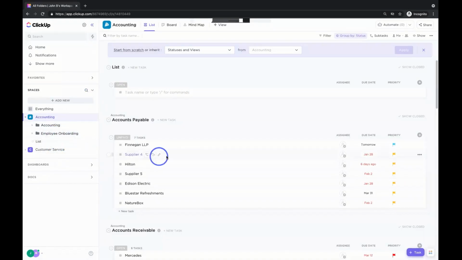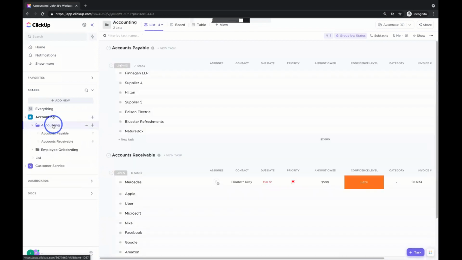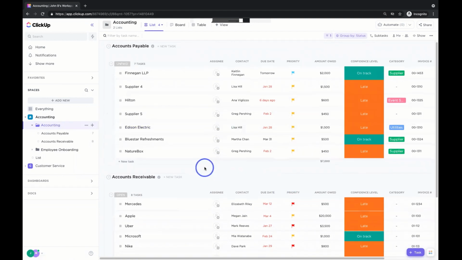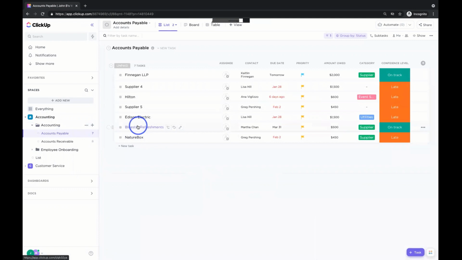Keep that in mind. What's important here, though, folks, is the templates that we've created. They've come in with their statuses, they come in with their tasks, they've come in with their custom fields. And we're going to go a little bit more in depth on these so you understand how this works. Let's pick this accounting use case that has potentially accounts payable in it. So each task here looks like it is a different accounts payable, right? So we can click into any one of these.